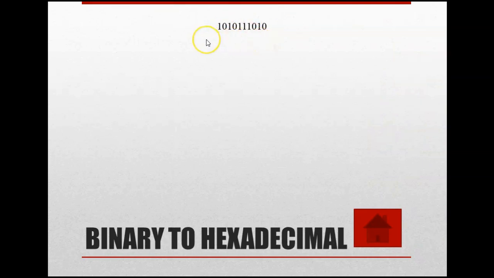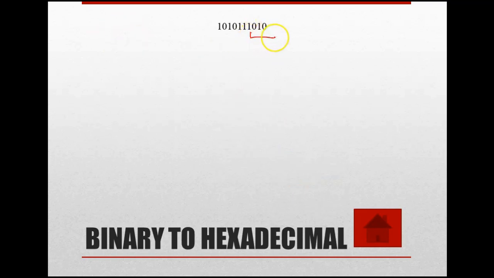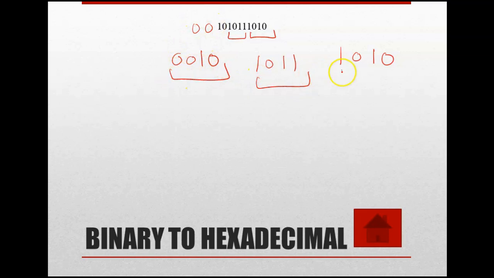So well, the same thing now, one more number is given here and they are asking you to convert it from binary to hexadecimal form. So binary to hexadecimal, you will go for the pairing of 4. So this is 4 and 1, 2, 3, 4. And here you can see we have only 2 left. So what you will do? Remember? Yes, it is to add 2 zeros here. So 0, 0, 1, 0.